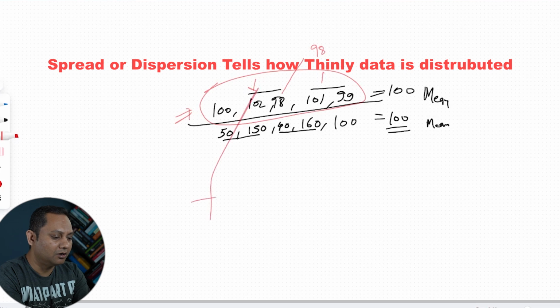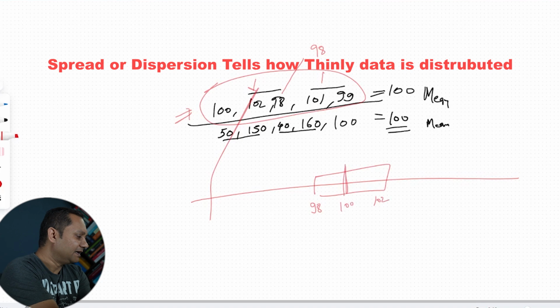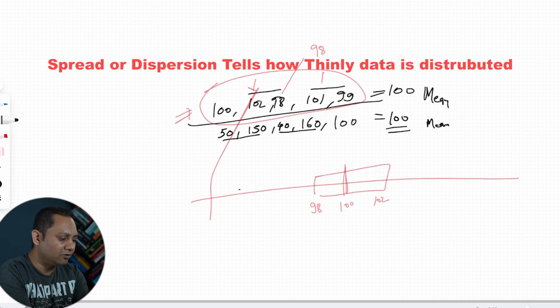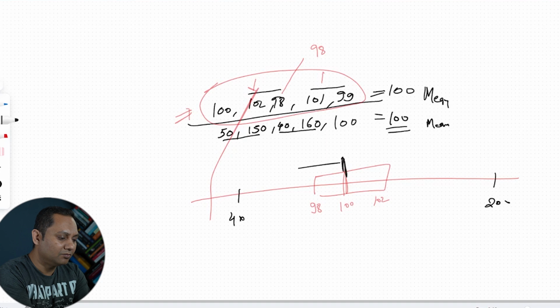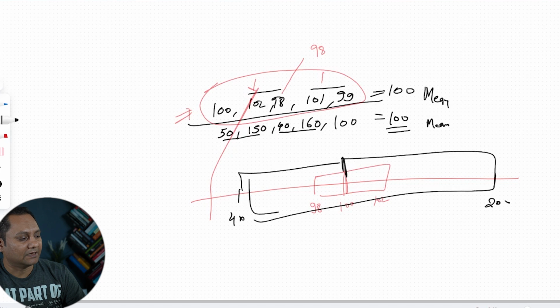So if I have to draw it, the first set of numbers is 98 to 102 with a mean of 100. And my second data is spread all the way from 40 to 200, again with a mean of 100. This is a situation, and again this is not an outlier situation, it's just that the data is spread apart. It's like a rubber band: you stretch the rubber, and here all the data points are in a close,